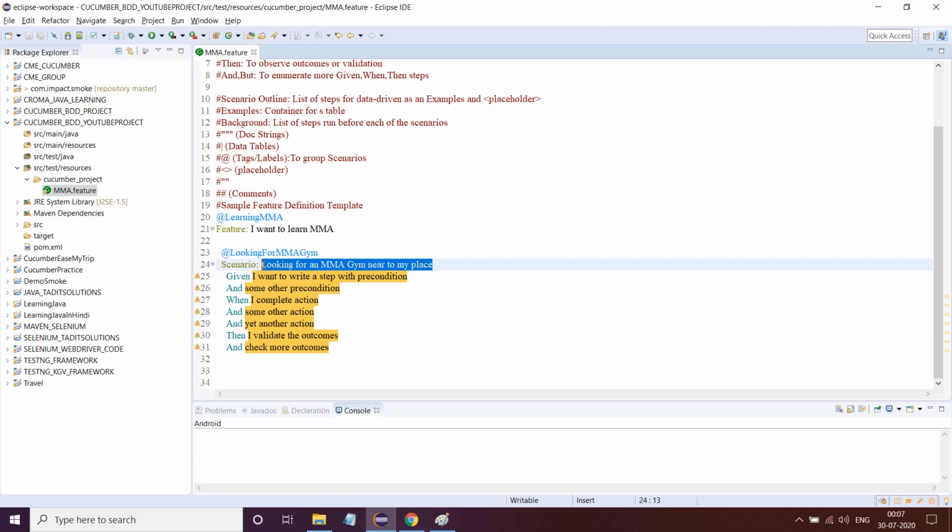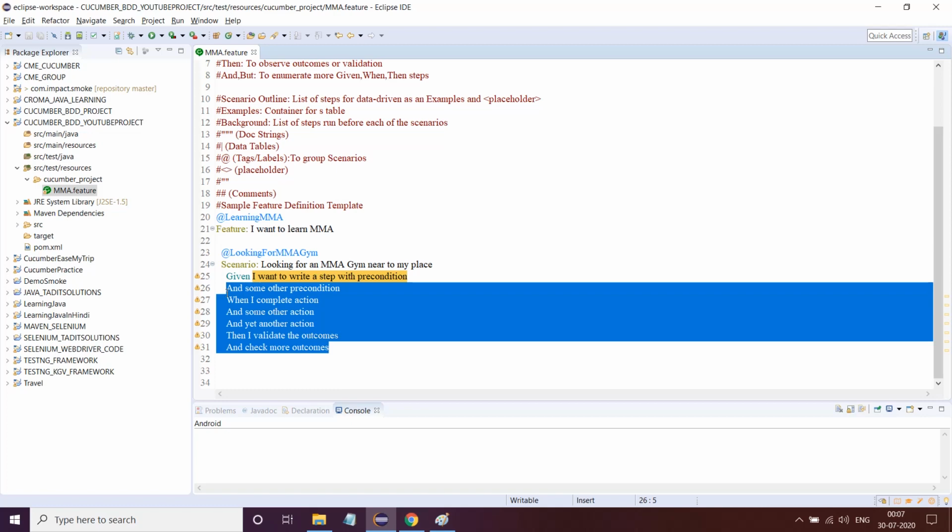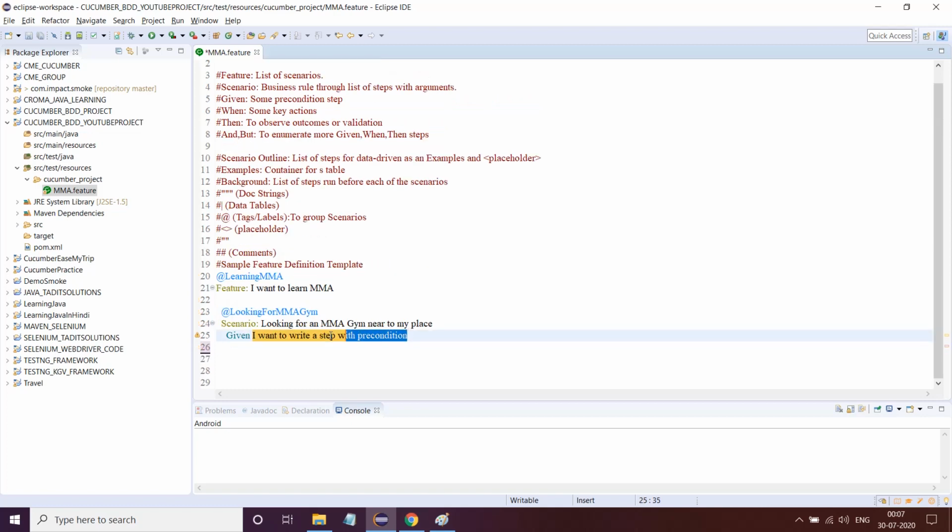I told you, remember in Cucumber, there are no test cases, but there are scenarios. This is one scenario. You can write multiple scenarios like this. We will do all that. And all these scenarios are independent of each other. As of now, we are just writing one scenario and that's it. And now I will start writing here. First and foremost, I'll delete all this because I want to write on my own. I don't want to copy what default scenario is given. Now I will write the scenario myself.